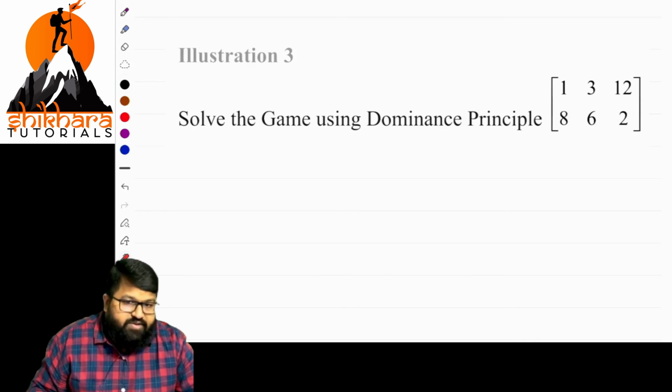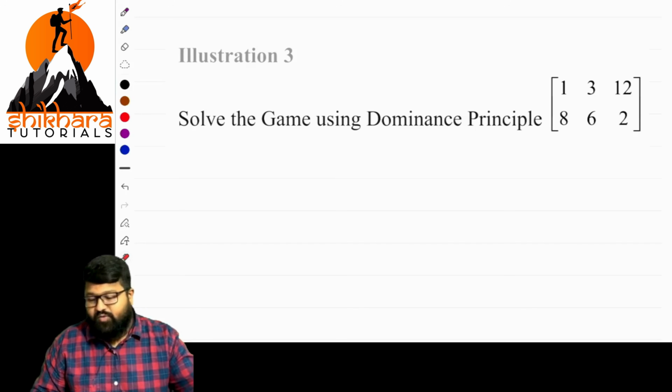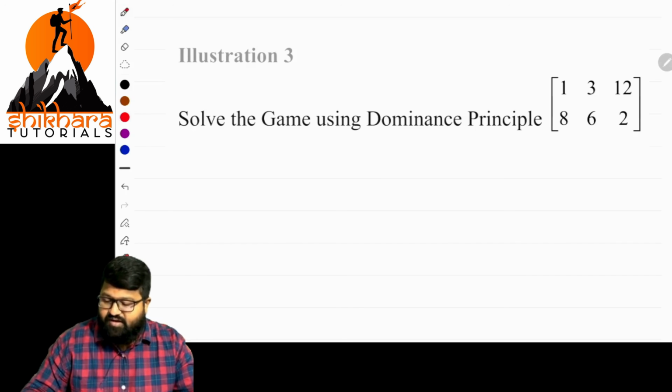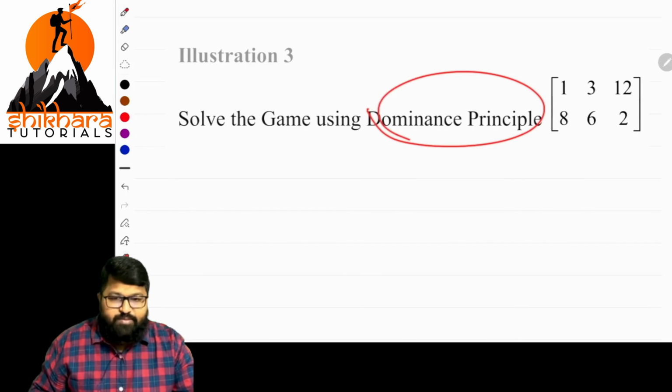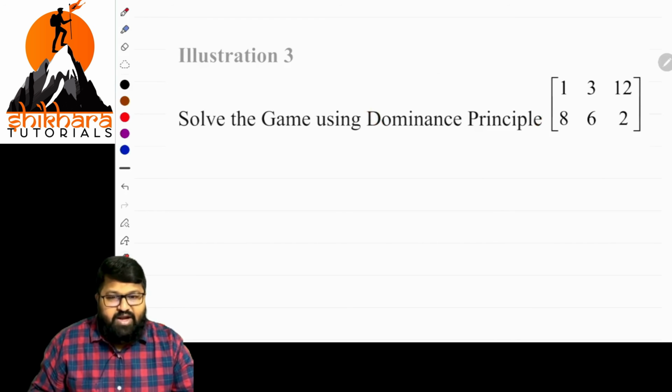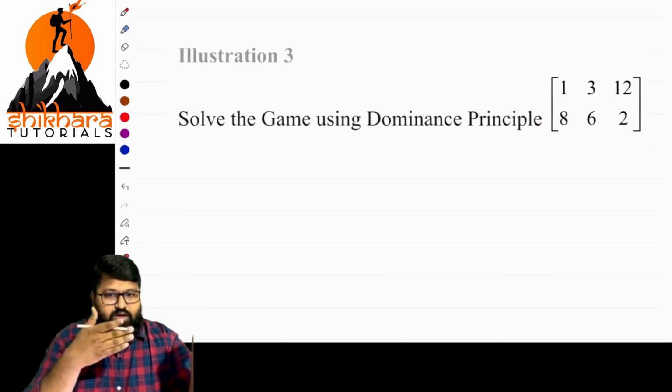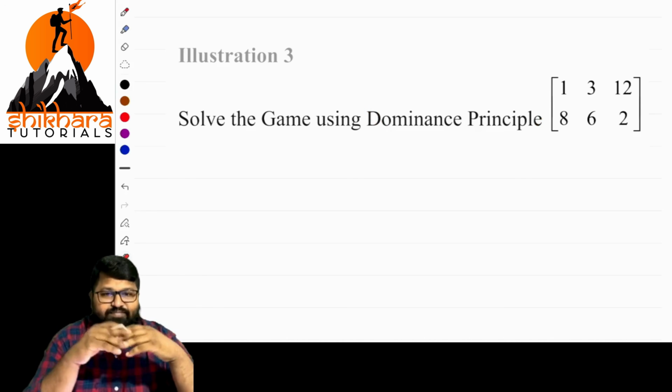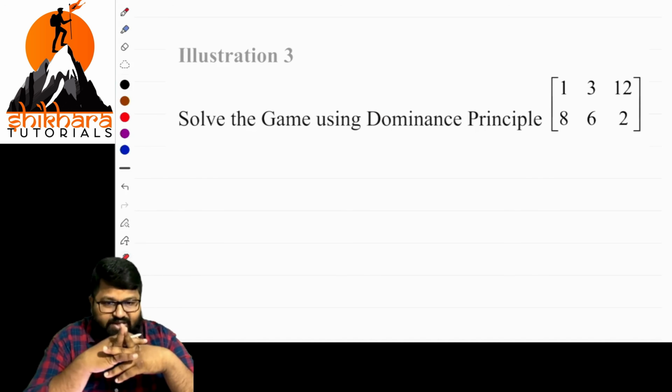Sir, I'm not solving the rule of dominance and all. Basically, even if he mentioned it here, we cannot reach the point there, we cannot eliminate there. And even if you apply the average of a column compared with the other columns, and it is greater, it can be eliminated, that also will not be satisfied here. So you check that once. Let us go straight away to the graph method.